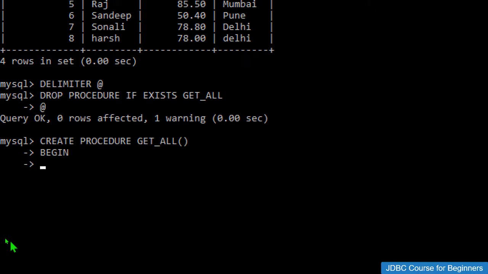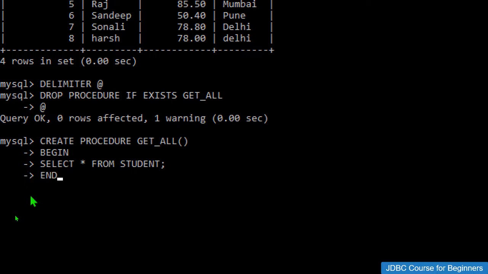Then we type the SQL command that we want to perform when this particular procedure gets called. So I want to perform an SQL command like select star from student. Student is my table name. If you have a different name, you need to give that particular name over here.